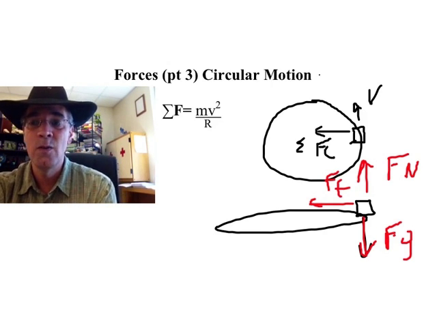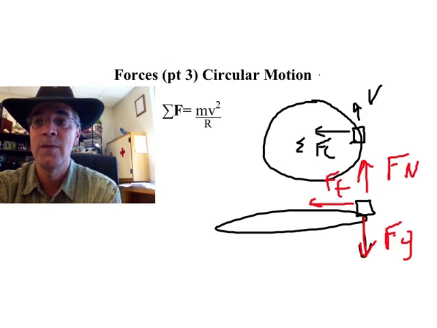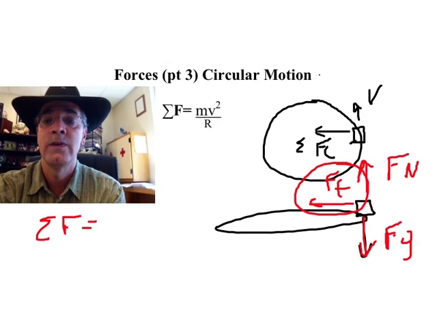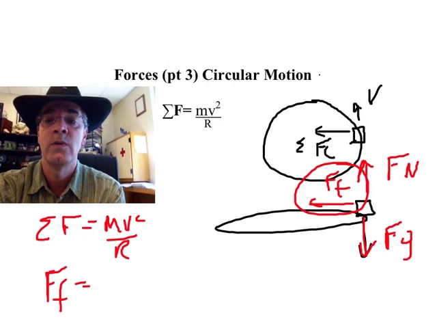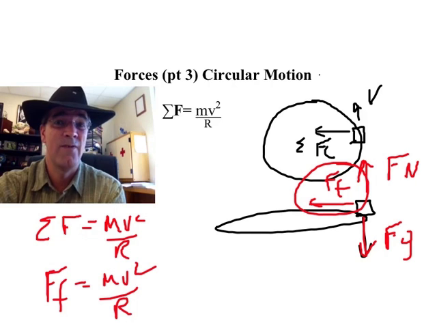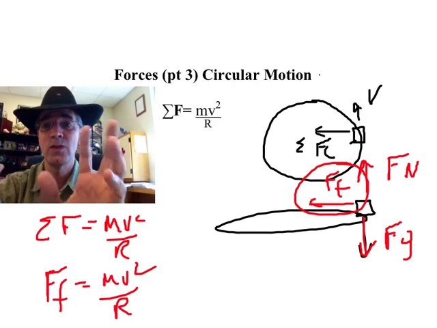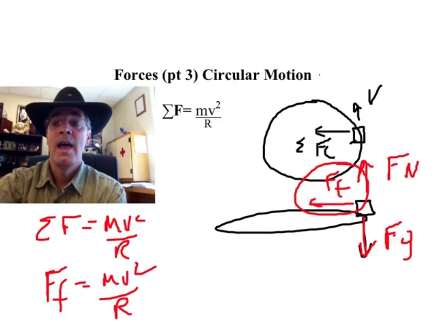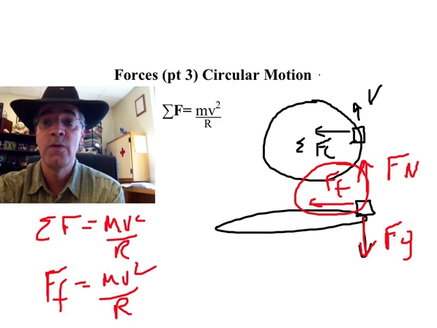And it turns out that since the normal force is going to cancel out gravity, the frictional force is going to be all of my forces. And so in this case, sigma F equals mv squared over r is going to be frictional force equals mv squared over r. Notice it's just one force. That's mostly what we get for circular. We only get one force because if it gets too complicated with circular, we can't redo the problem, so it's nice for us. If we remember, the formula for frictional force